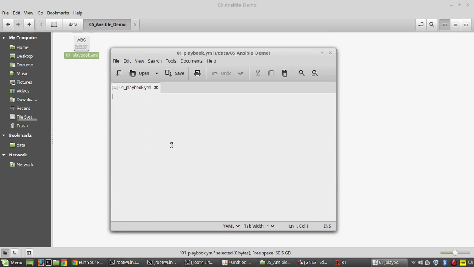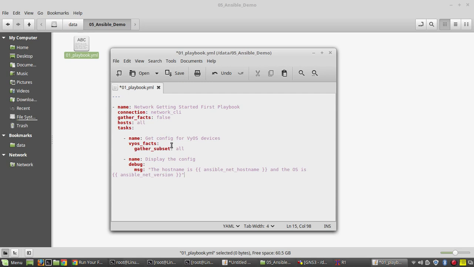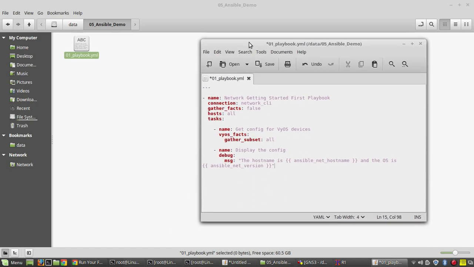For running a playbook, you always need a playbook file which is in YAML format. YAML is a data structure format like JSON or XML, so it can be edited using any text editor. These are actually text files which contain data in a particular format. You will be able to define all the parameters which you need to pass in a YAML file. So we'll go through these details.